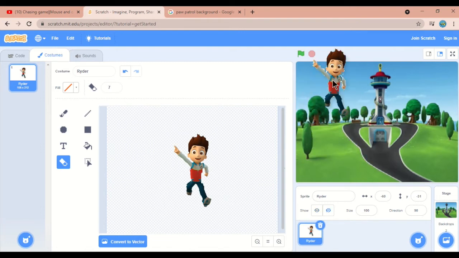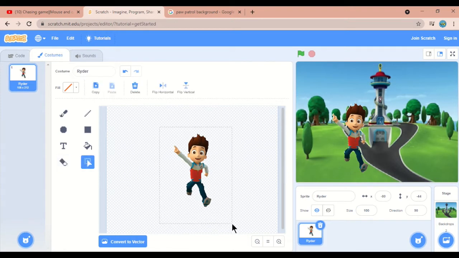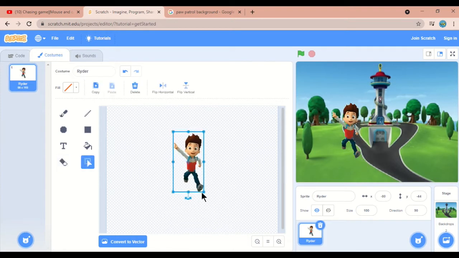Okay, now we can see our rider without background. Yes, we will keep our rider here, but we want to make it a little small. So how? See, I told you, you can either select this and make it small or big, and also select the sprite, and here you can change the size. You can change it into 50 if you want 50. If you want more than this, you can change it. So like this you can change the size. So you have the rider here.